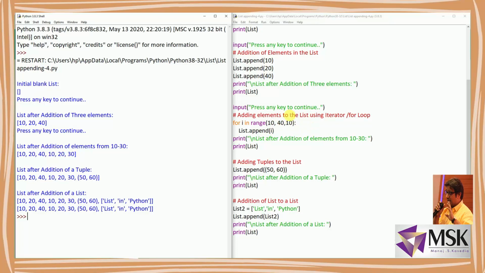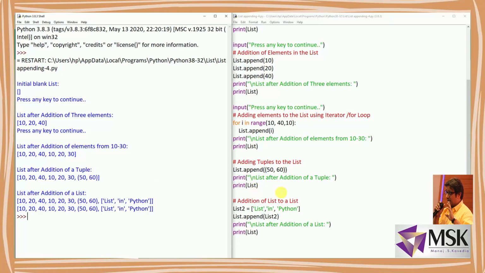It won't add 40 because range works only up to less than the stop value. The stop value is 40, so it will work till 30. So it has added 10, 20 and 30. My original list was 10, 20 and 40, and then with this loop or iterator I have added 10, 20 and 30.